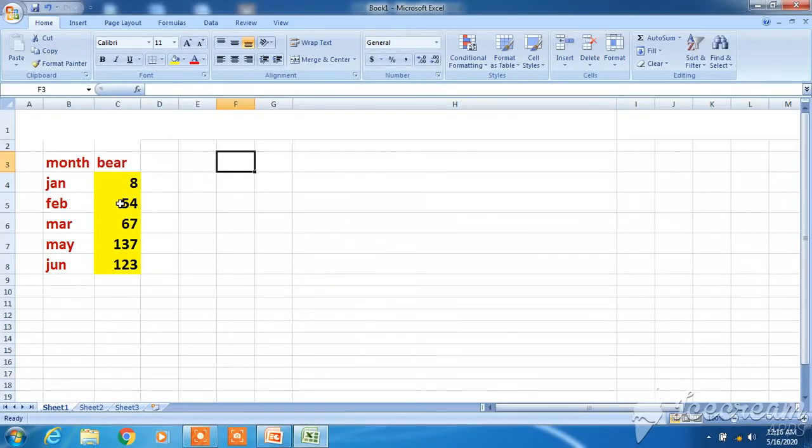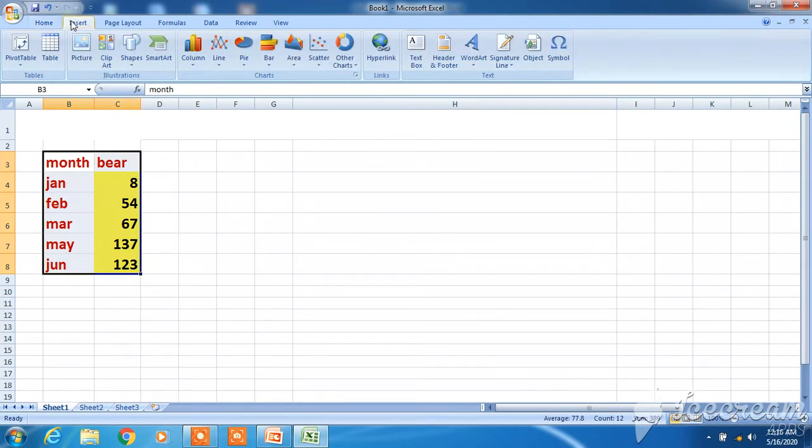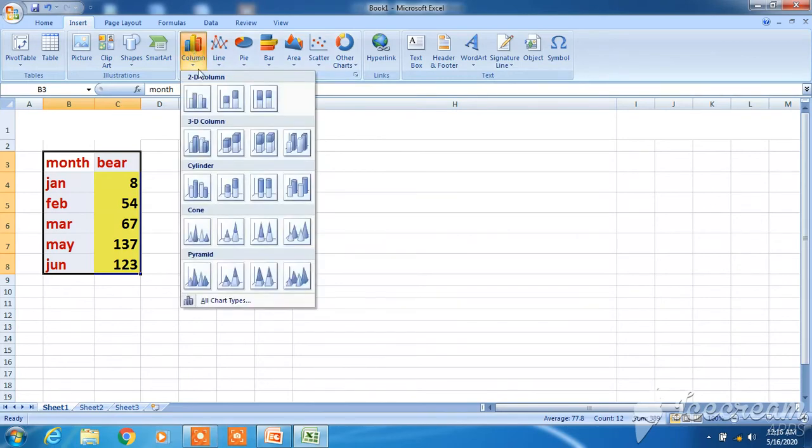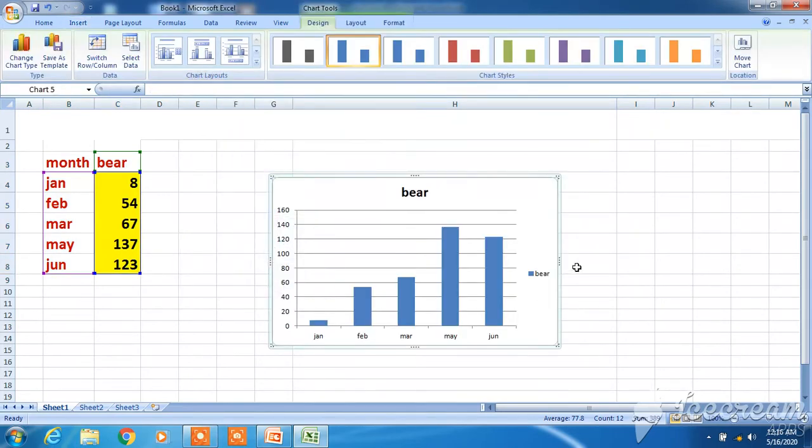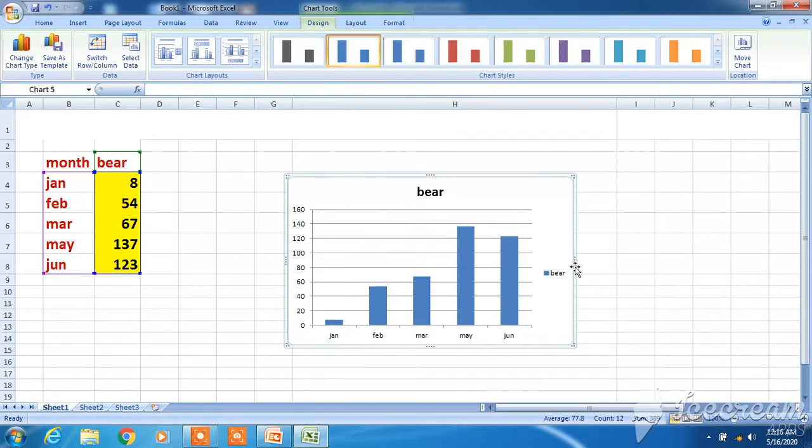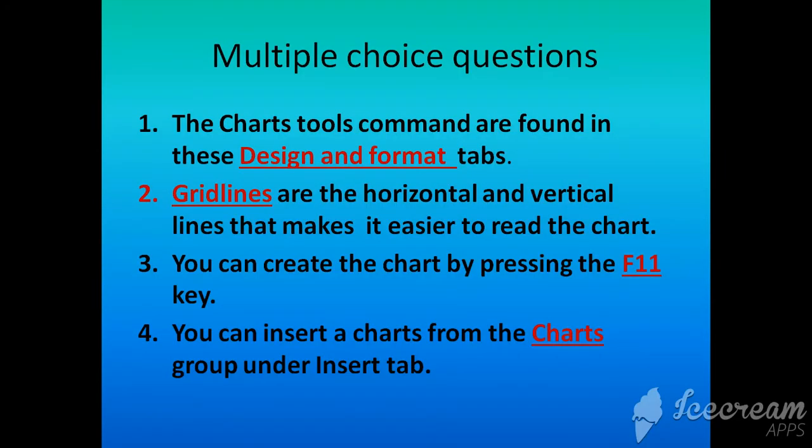Look here, this is an Excel sheet, you are all aware, this is a worksheet, right? Select the data, go to the insert tab, and in the insert tab you will find charts. In which group? Chart group. See, right? So the answer is chart group. Here you can insert the chart. Clear? Look here, in the insert tab you will go to the charts group, right? Next part.